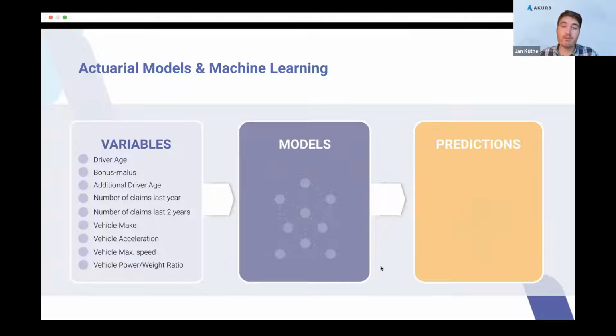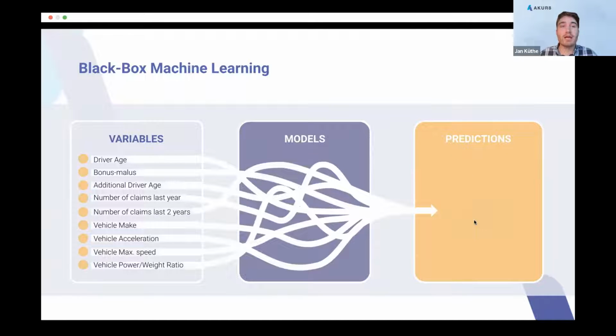For this middle bit here, the approach, the model you choose, there is in actuarial and general mathematics literature a huge variety. Quite popular at the moment are, let's say, black box machine learning models.